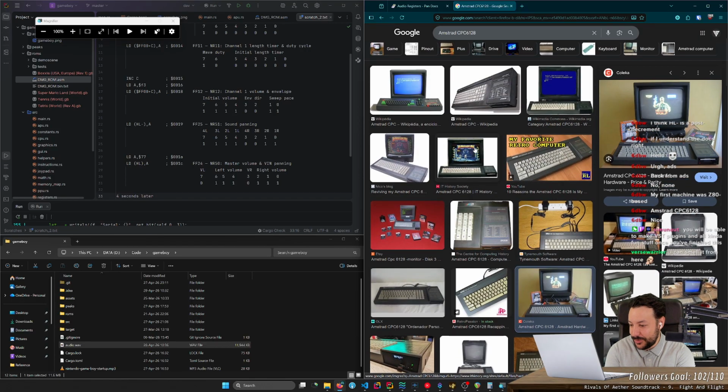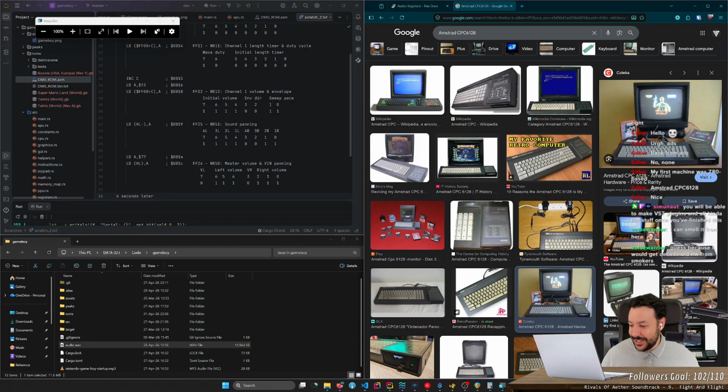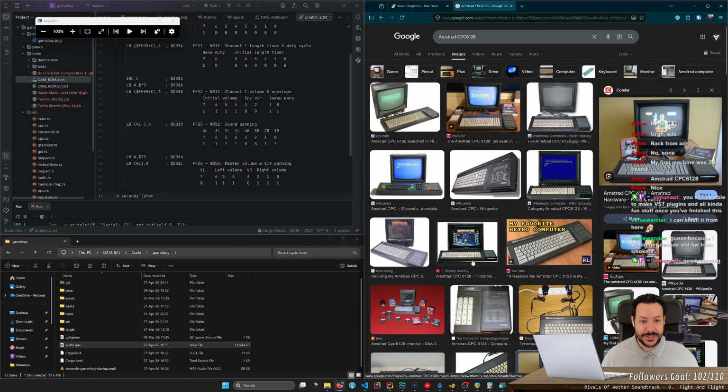I can smell it from here. But yeah, good morning. 6dbw. Simonot, you'll be able to make VST plugins and all kind of fun stuff once you finish this. Hello, Simonot. Good morning. Why don't people say good morning back? I can smell it from here. Good morning, Verse Warrior as well. I guess because I would get decade-old hardware from smokers.